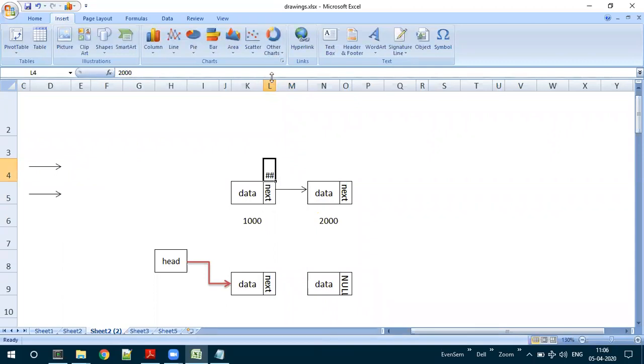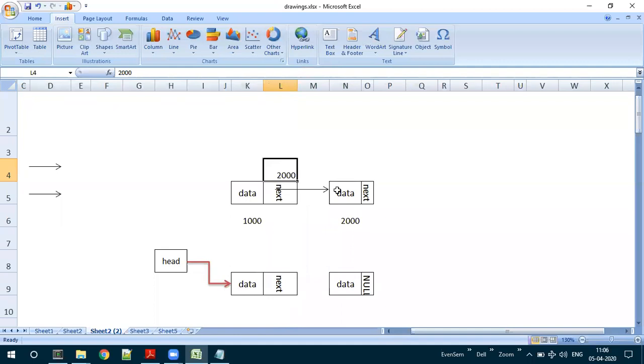Then it is pointing to the next node. Like this, each node consists of two fields: the first field is the data, and the second field is a pointer or a reference to the next node. It will contain the address of the next node.